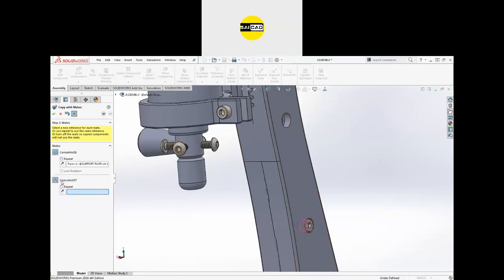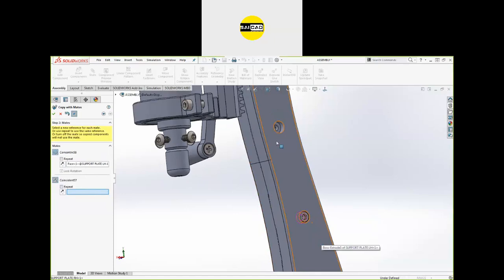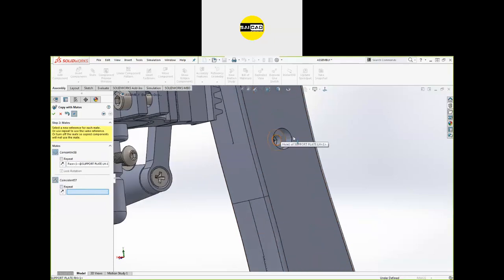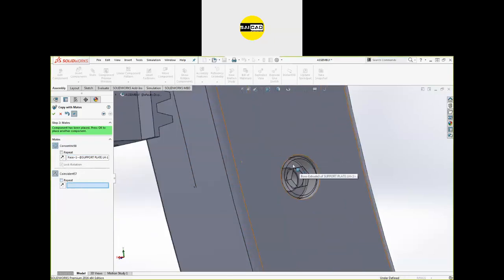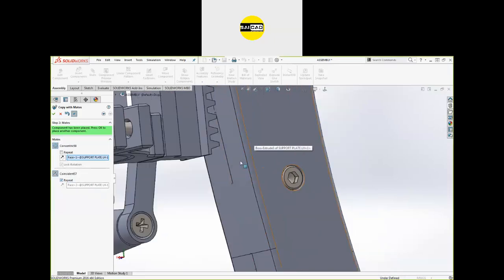Now there is the second, that is coincident. You can see that all the faces are similar to each other because the depth is similar. So I can just repeat that. I can also define that from here by just clicking on that face, but I can just repeat that also.